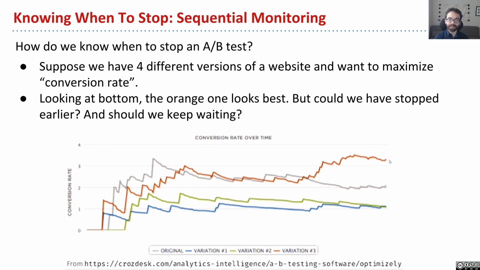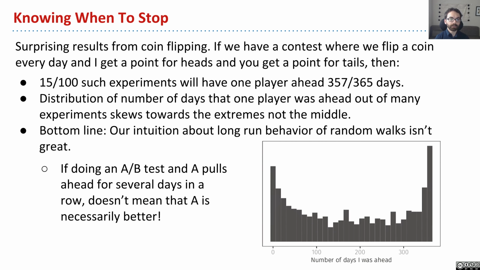Or should we have kept waiting? Like maybe one of these is going to come up from behind. How do we deal with that challenging problem? So he discusses a few really interesting experiments that you can do computationally, and says basically, well, let's consider the